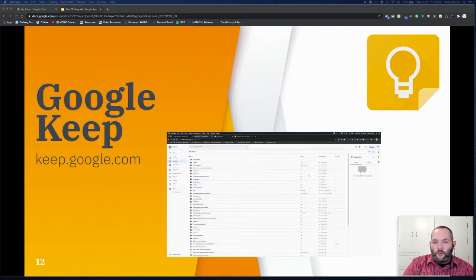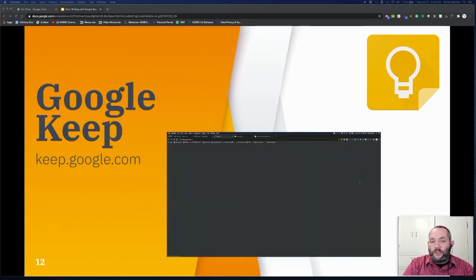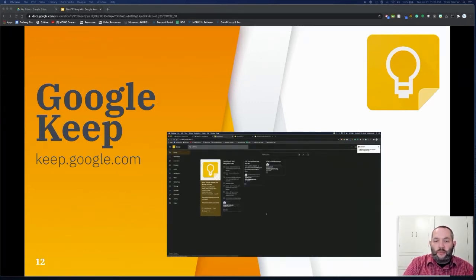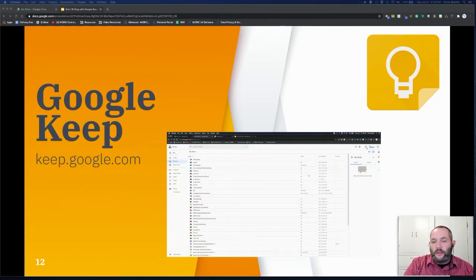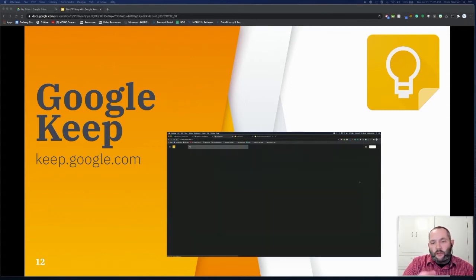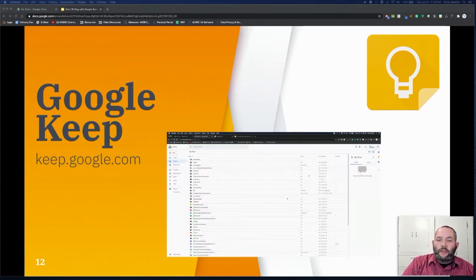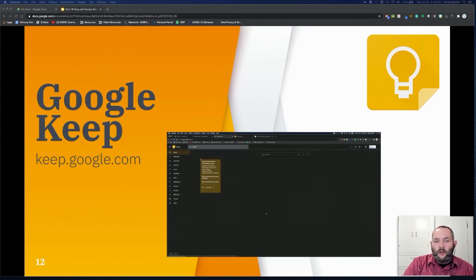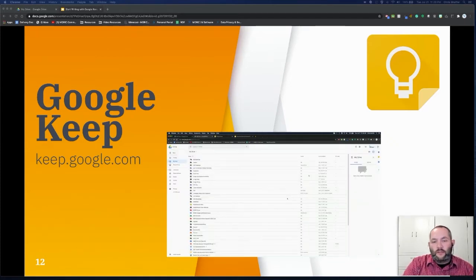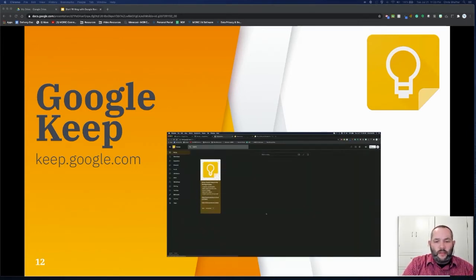So how do you get to Google Keep? There are multiple methods to access the tool. One way is to simply type in the website keep.google.com. You can type that into any browser and get to Google Keep. You can also, like the little video showing you on the screen, click on the waffle or the app launcher and select Google Keep in the list of available apps on your G Suite account. This works on any device that you can sign into a Google account, whether it's a Chrome device or a laptop, Chromebook, whatever. So that's just nice that it's there.